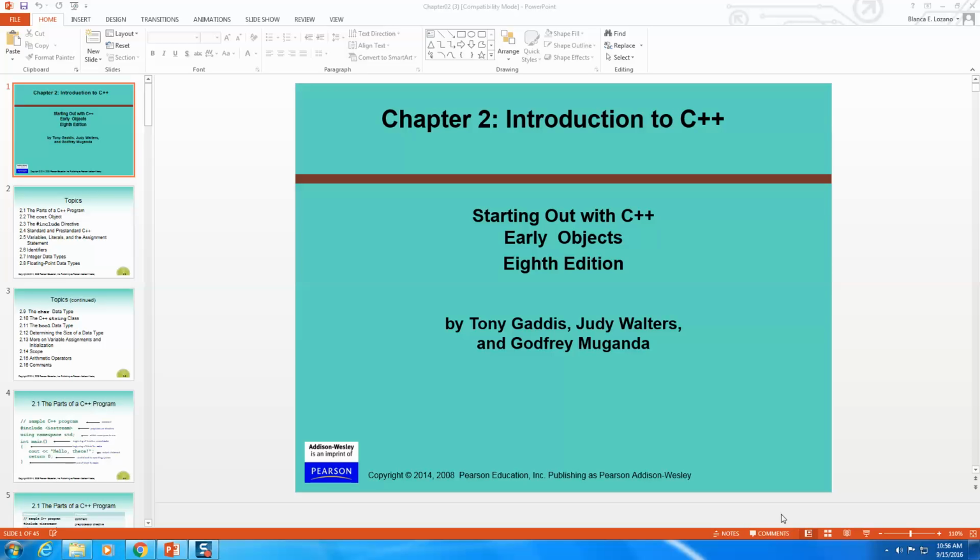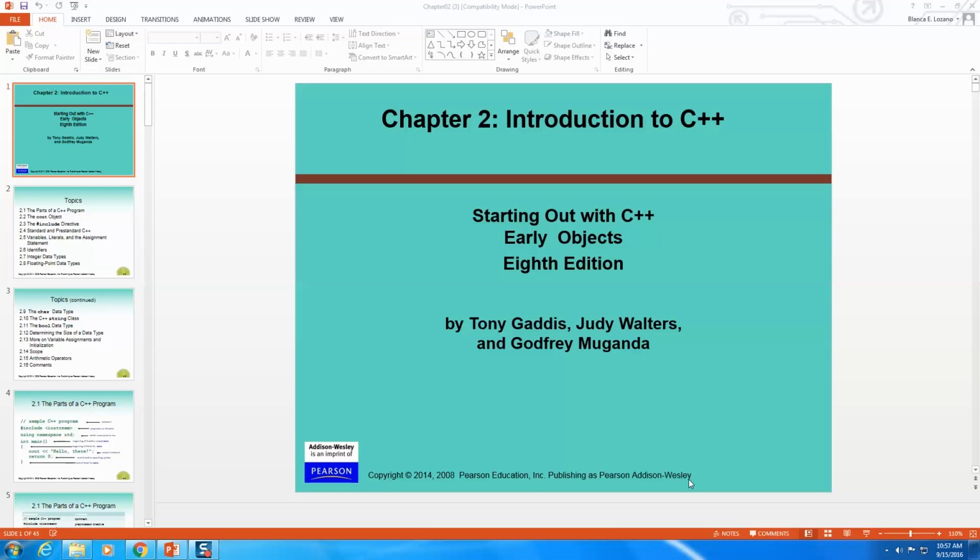Okay, so we're going to start. We're going to continue with chapter 2, but before we do that, I want to go over the steps on how to create a C++ project. And I want everybody's attention on this because we have been having problems on how to set it up because you are missing steps or you just bypass steps. So especially those of you that are having problems, I want you to write it down, make notes, or just